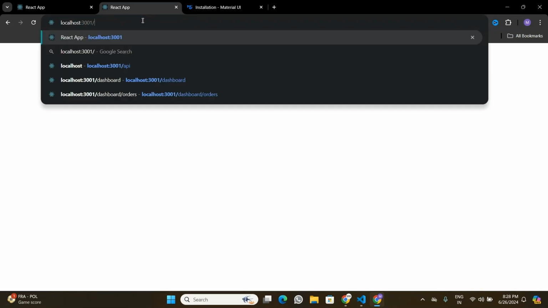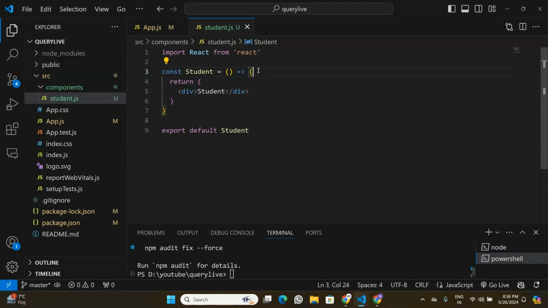So here in the browser, if I go to the route /students, I'm able to see my student component here. So it looks like React Router DOM is working fine, and now we can start working on this student component. So guys, here in the student component, I'm just going to first create a list of students that I'm going